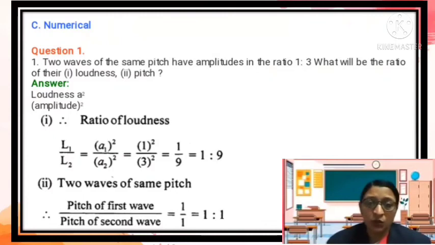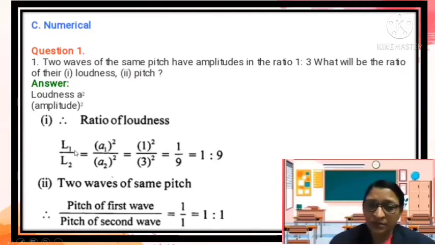Here the question is, two waves of the same pitch have amplitudes in the ratio of 1:3. What will be the ratio of their loudness? And second, that of pitch. So as we know, loudness is directly proportional to the square of amplitude. Therefore, the ratio of loudness can be calculated as